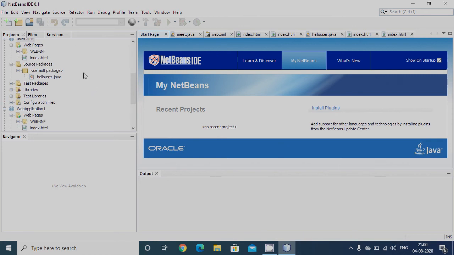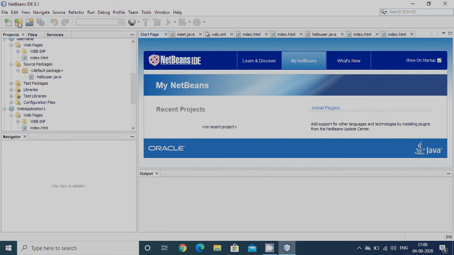Since we are going to type the first HTML program in NetBeans IDE, we have these menus here. The possible menus available here are File, Edit, View, Navigate, Source, Refactor, Run, Debug, Profile, Team, Tools, Window, Help.